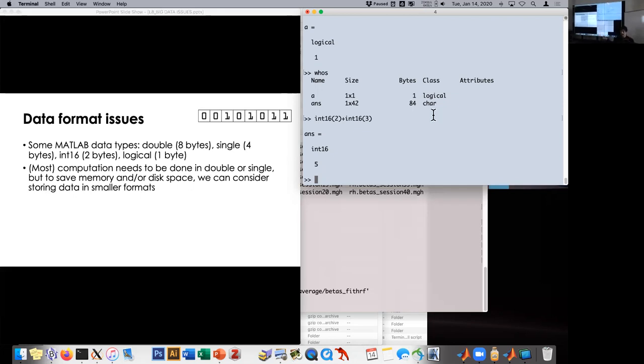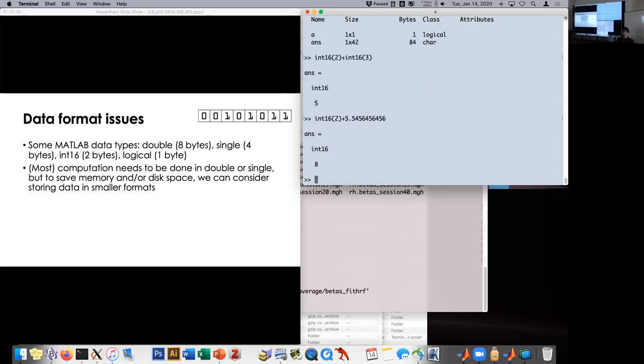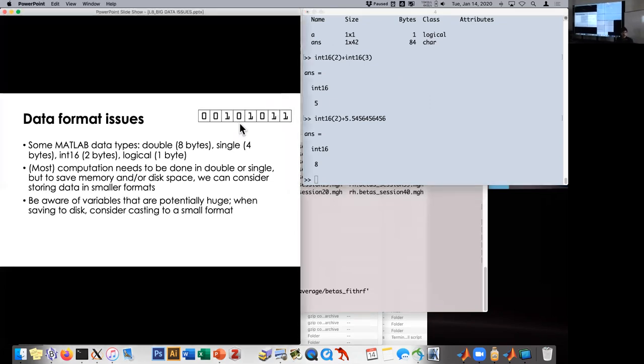Anyway, the beta weights were in integer format. The first thing the scripts did was cast it to double or single. I can't remember which script did what. And that's important because otherwise you will get weird things like this. If you combine this with an actual decimal, it did not work, or it probably did not do what you intended. Let me put it that way. And I don't think today we'll have breakouts, so I need you to pipe up if you are confused. Okay,